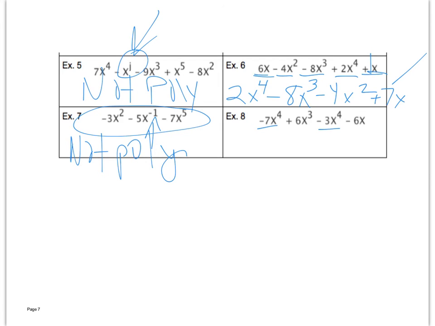Okay, I'm going to start with my highest degree, which is 4. My highest exponent is 4. So I'm going to combine those like terms. Negative 10x to the 4th plus 6x cubed because you go down. There's no x squared, so I just skip writing that. And minus 6x, and that's my last term. So this one is a trinomial. It has 3